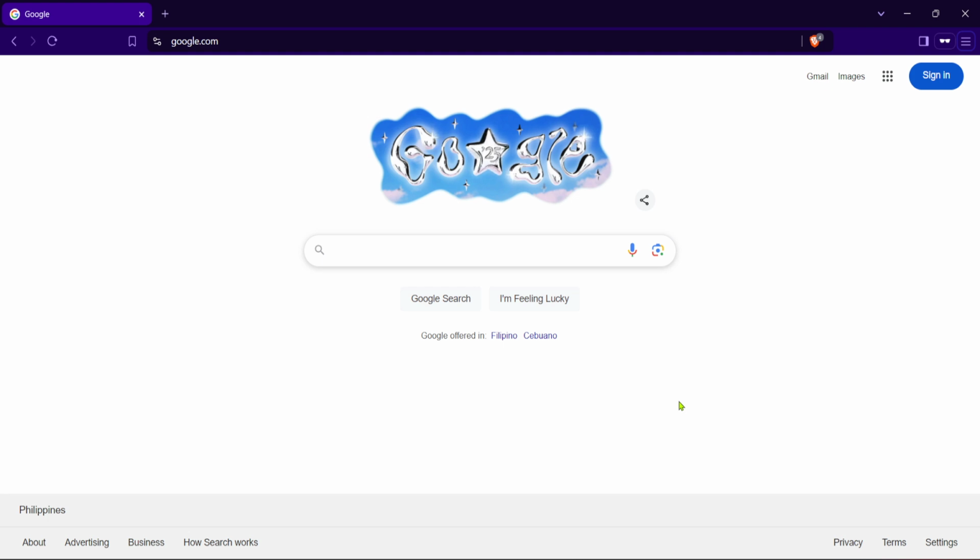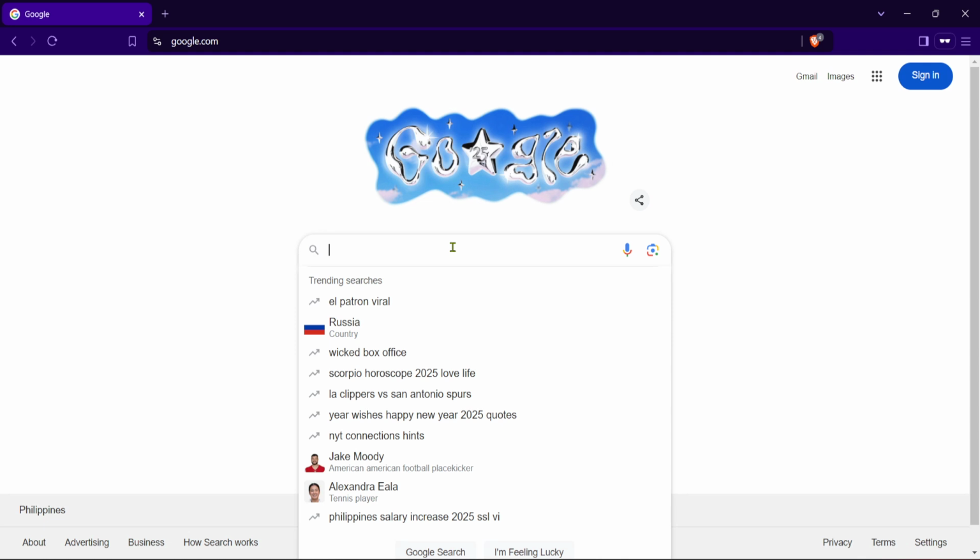Once you've got your browser open, let's head to Google. Now, I know what you're thinking. Why Google? Well, it's just to ensure we're getting to the official WhatsApp website without any hiccups. It's a small step, but a crucial one to keep our online activities safe and secure.